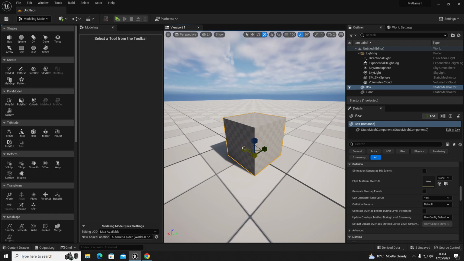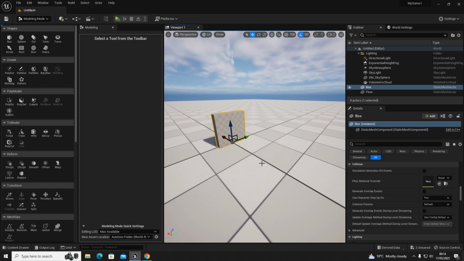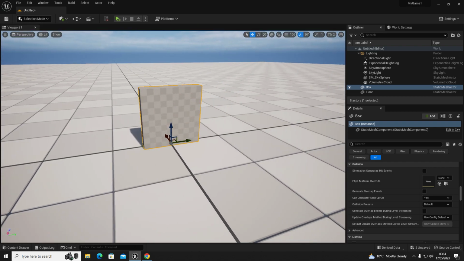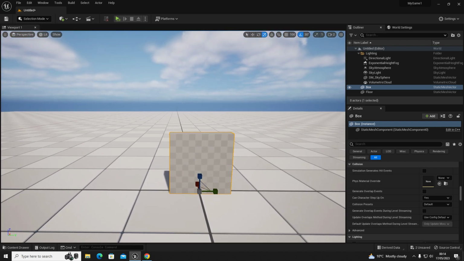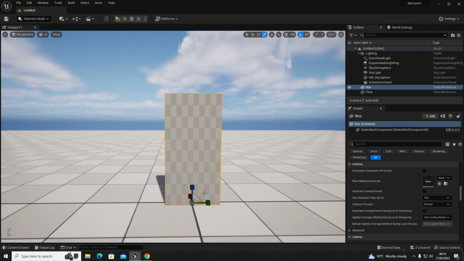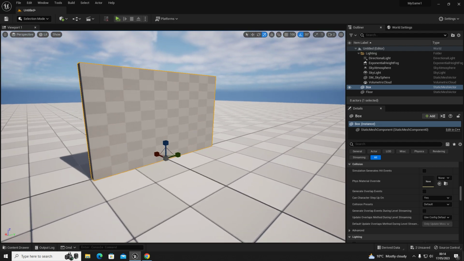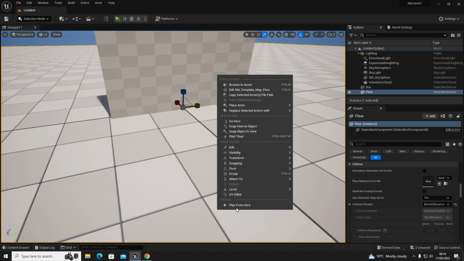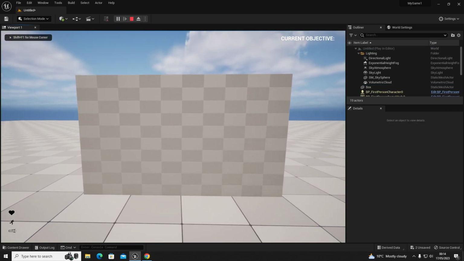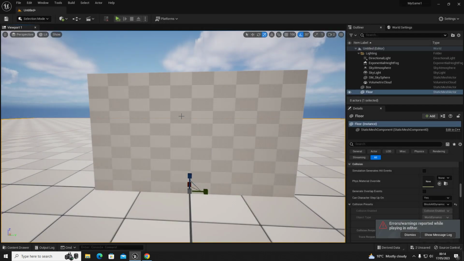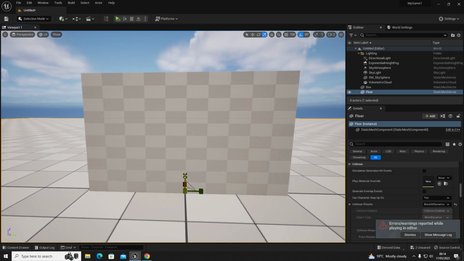We're going to manipulate the size of this and just create like a door frame or an access point. So let's stretch that out. Let's see how big that is for the player. Okay, a bit bigger,